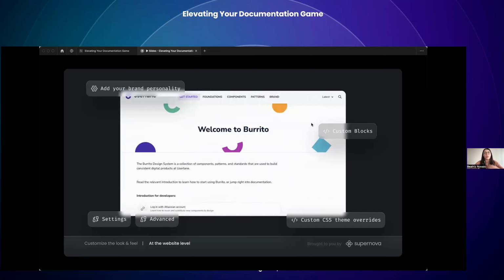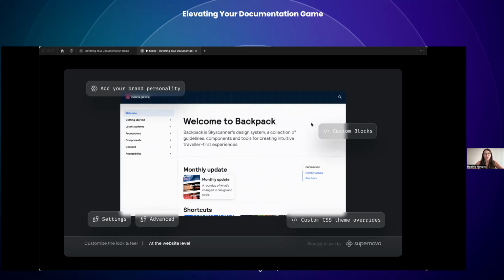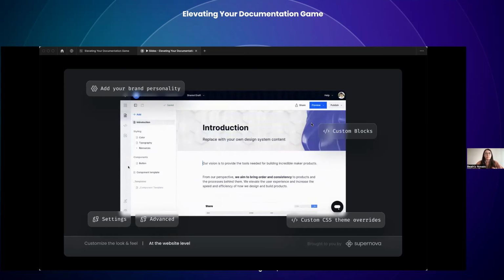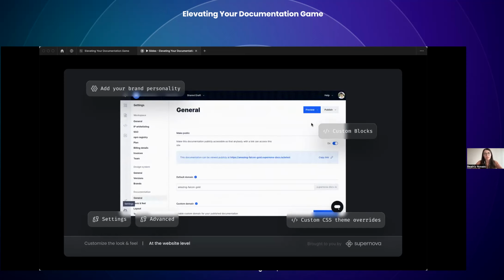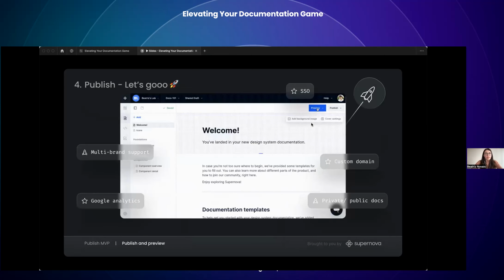So you don't need to focus primarily on changing everything at once. And with this customization, a feature we've released quite recently is actually a preview server that allows you to see all the style changes and customizations you've done to your documentation before actually publishing it. So you can play around with,